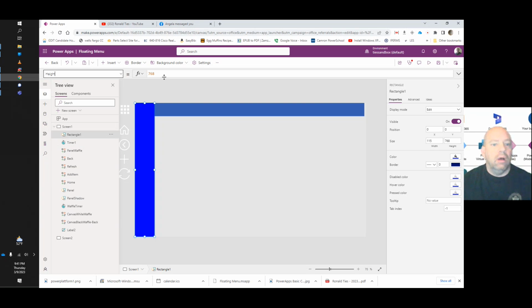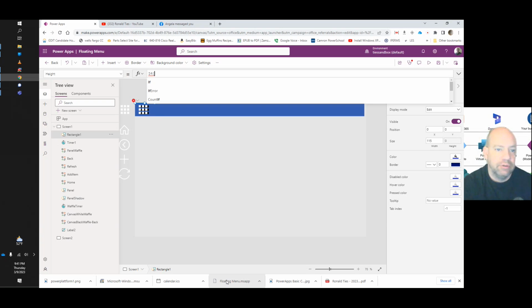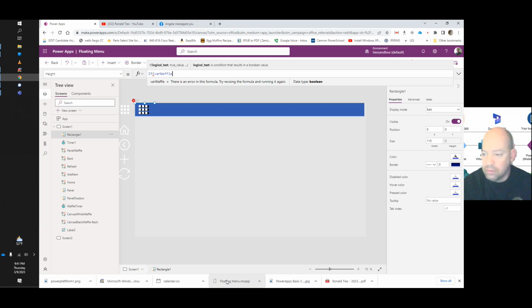right here. Right now it's set to the max height, right? But we're going to put a formula in there. So it's going to be similar to the other formulas we have. So we're going to set it to, let's find my formula. If varWaffle is true, set it to 0. If it's false, it goes 0 plus 768